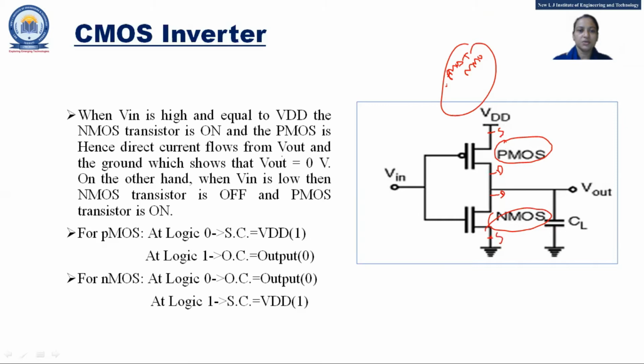Now if we apply logic 0 at the PMOS, it will be a short circuit, right? So whatever is at the input end appears at our output. If logic 1 is applied at the PMOS, it becomes an open circuit, right? So the current will not flow. As opposed to this, now if we apply logic 0,